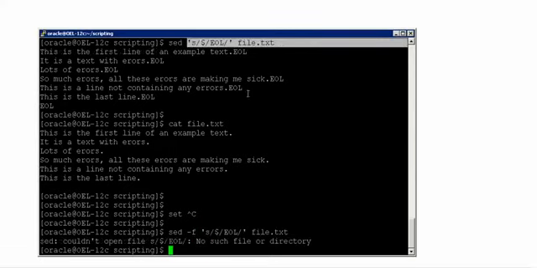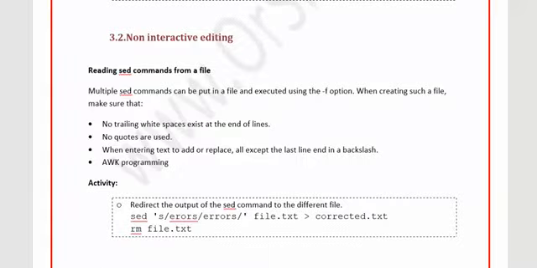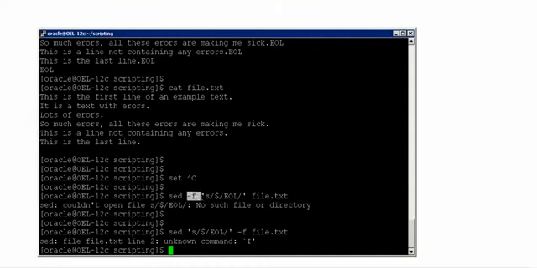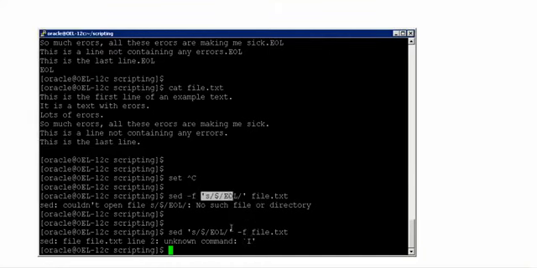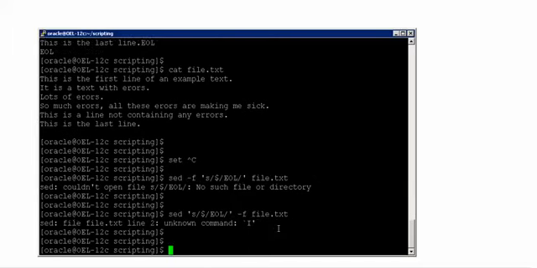See, now as you see on the screen, you say -f and command file.txt. This is the wrong syntax, but you have to use -f with a file. What sed is expecting is that whenever you pass the parameter -f, it will expect that this file has a set of sed commands to be executed. But I don't have sed commands to be executed here.